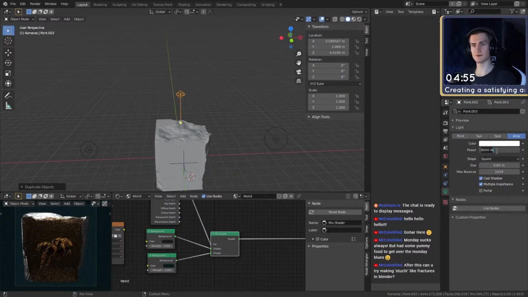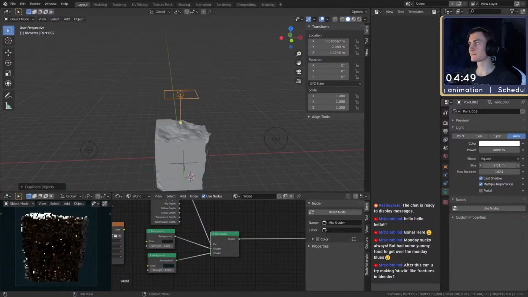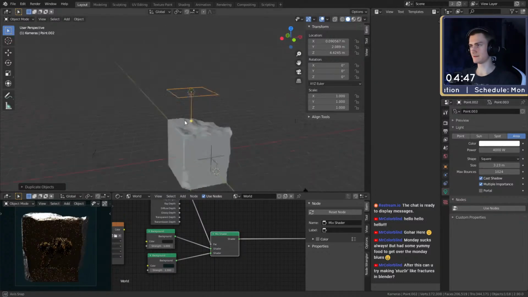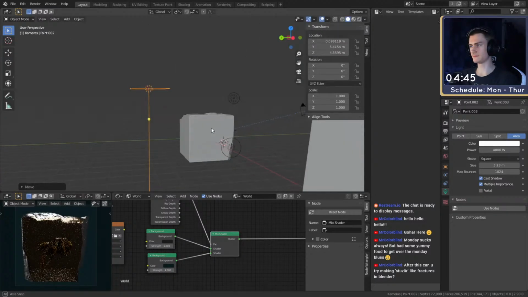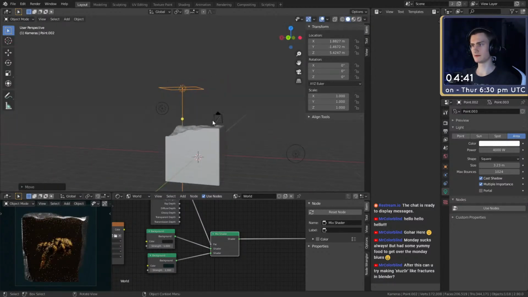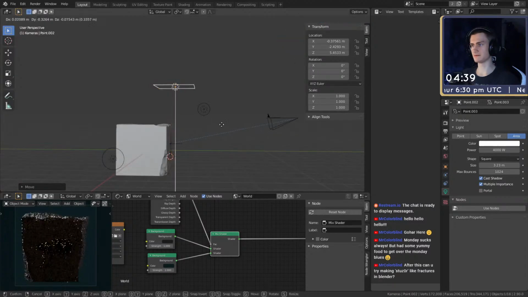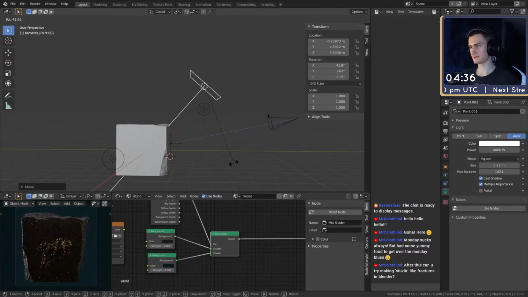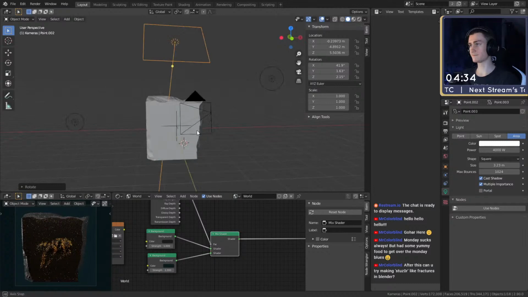First of all, for this one, let's put this to, I guess, like 4000. Change the size, and then maybe move it a little bit further back, or maybe a little to the front, so you can't really see the reflections, something like that.